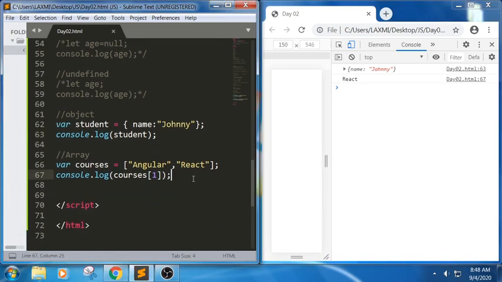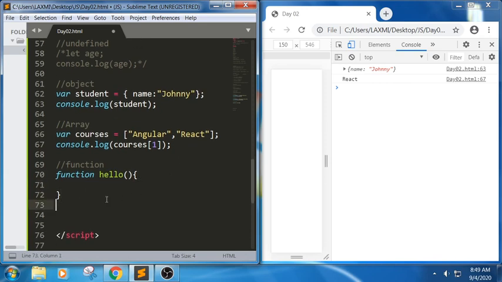So we call it as an array. For example, if I want to make sure the same code should be repeated again and again, then we go with a concept called function here. A function is generally denoted using the word function followed by the function name. We need to place the parentheses and the curly braces, and if I want to call this, we will need to write the name.